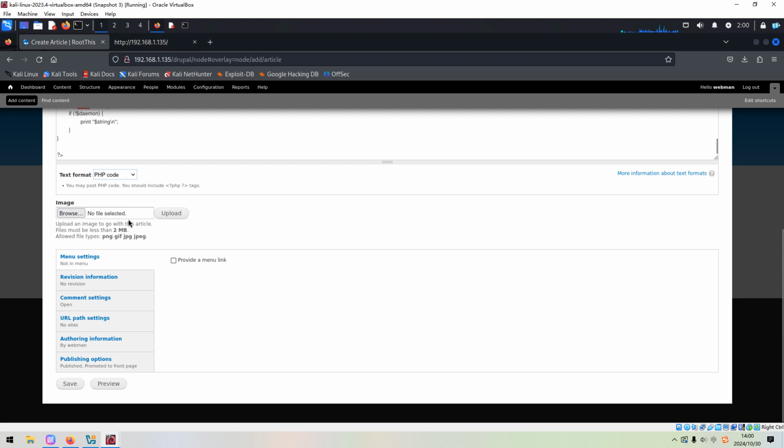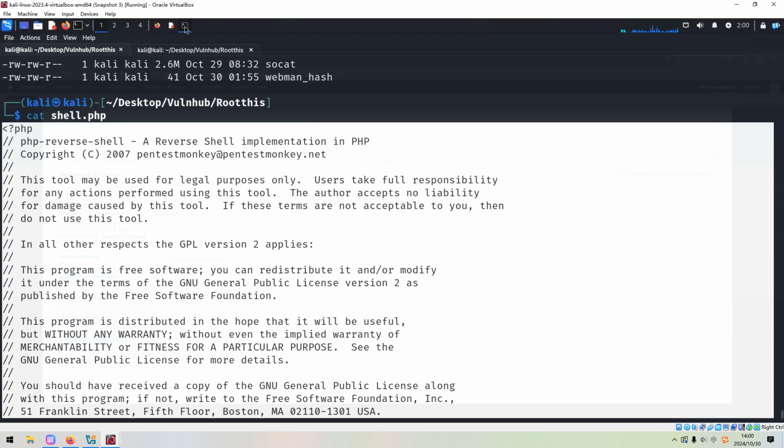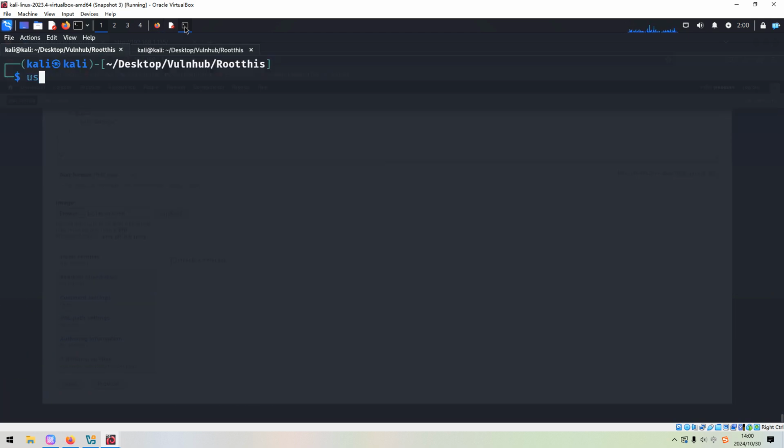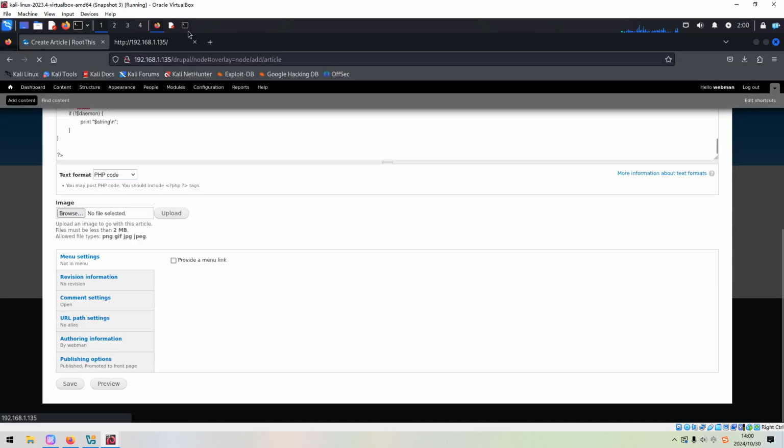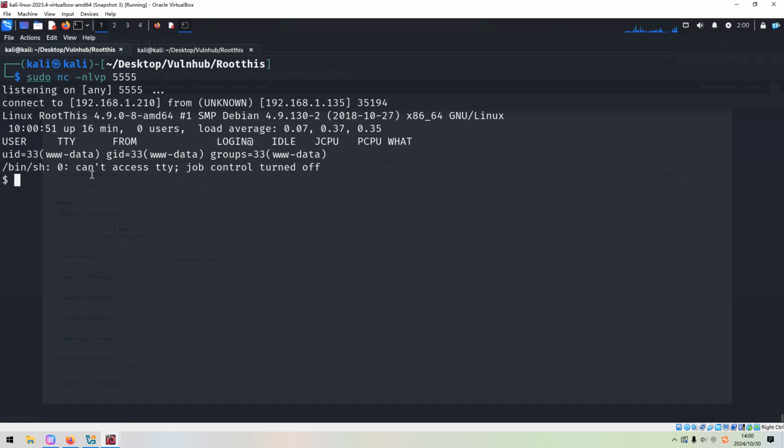And before I hit the save button, we need to set up the listener on the Kali Linux first. Save. As you can see, we successfully got the shell from the target, and we can spawn a better shell with Python as usual.